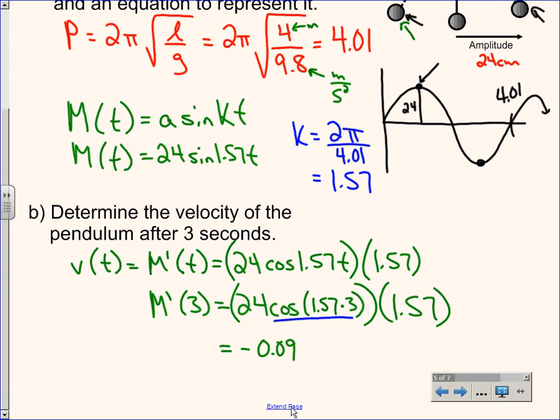And when I first got it, I thought, oh, that's weird. I got a negative answer. We don't usually get negative answers. So I was a little bit worried about what the negative meant. I didn't care about the number so much. I just wanted to remind you of how we could calculate the velocity. But remember what a negative velocity means. A negative velocity means that we're going backwards. So with this pendulum,